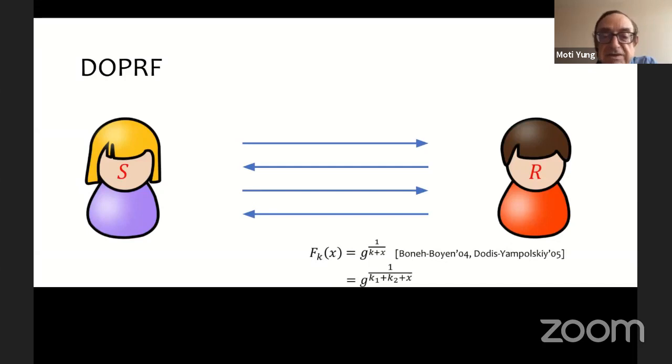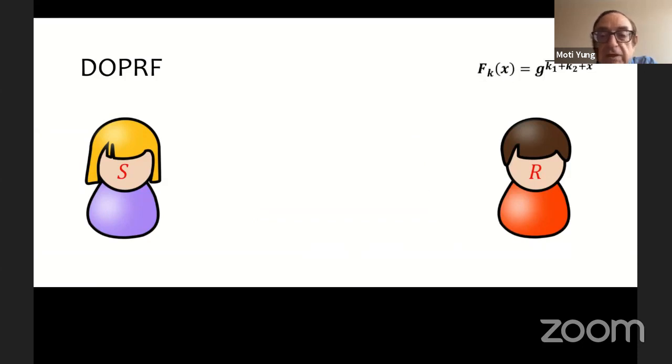This is the distributed Oblivious PRF that we are going to use. It's algebraic and nice, but it involves some computation, and you have to support it. You have to compute this.